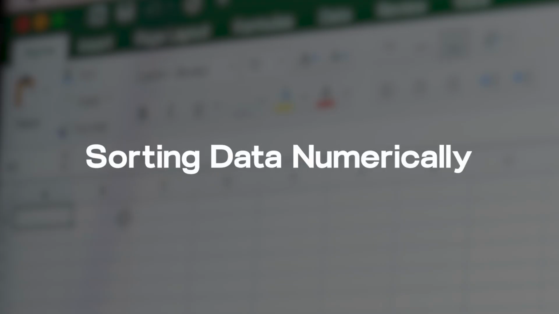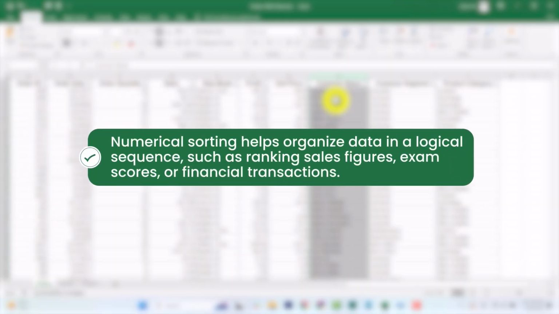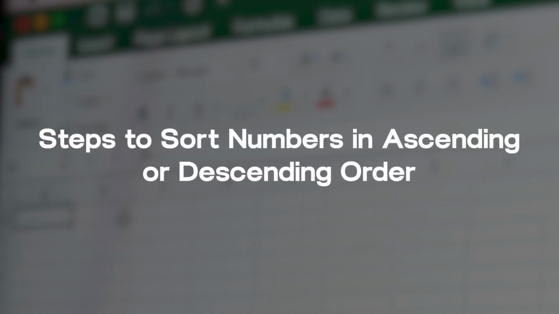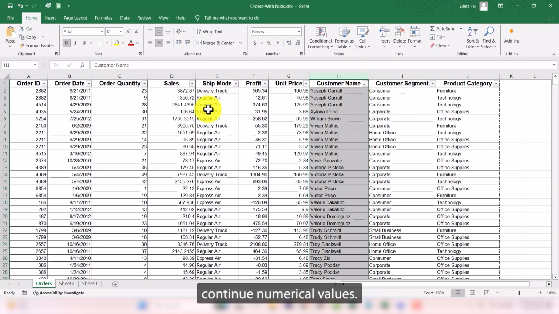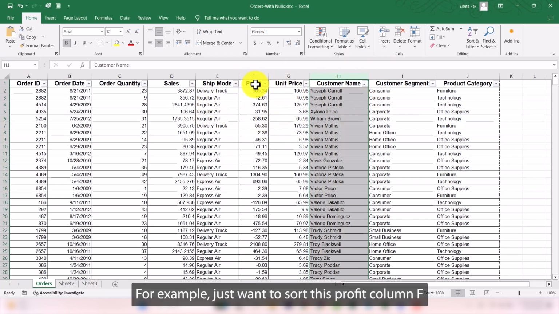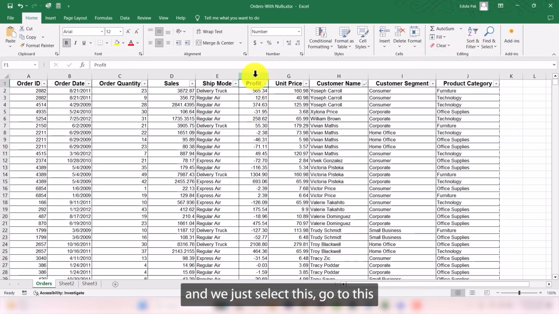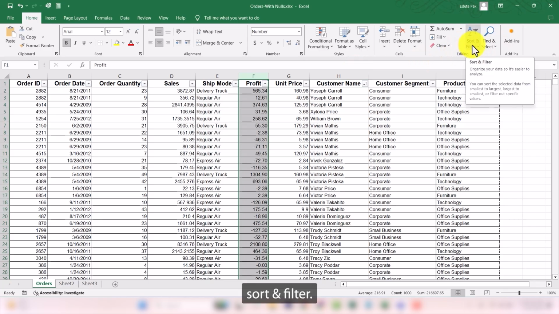Sorting data numerically. Numerical sorting helps organize data in a logical sequence, such as ranking sales figures, exam scores, or financial transactions. Steps to sort numbers in ascending or descending order. We'll select the column containing numerical values. For example, I want to sort this profit column F, and we'll select this, go to this sort